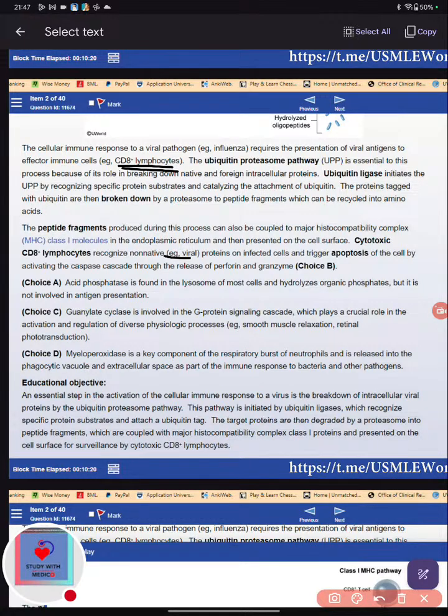Ubiquitin ligase initiates the UPP by recognizing specific protein substrates and catalyzing the attachment of ubiquitin. The protein tagged with ubiquitin is then broken down by a proteasome to peptide fragments which can be recycled into amino acids. So here, the cellular immune response to viral pathogen requires the presentation of viral antigen to the